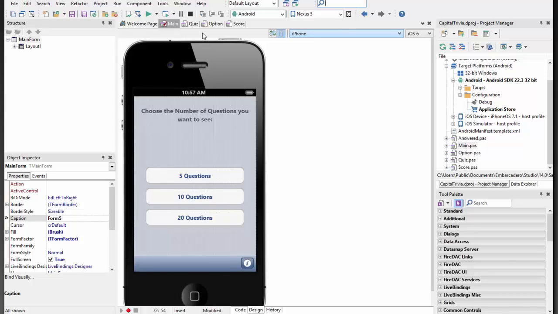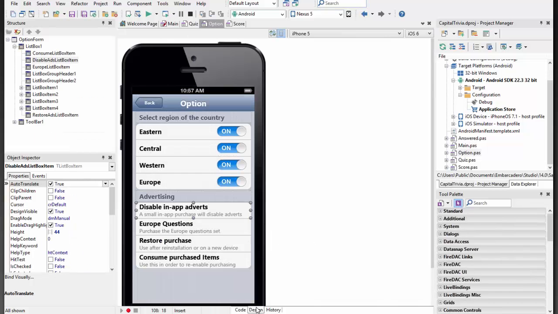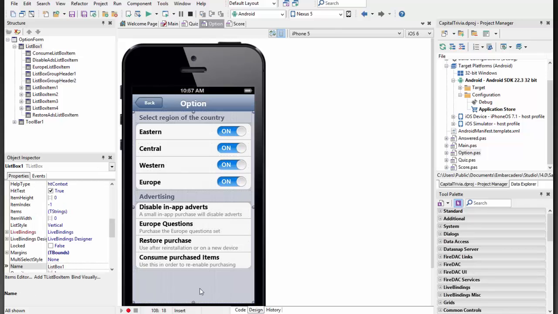So the way this works is they're on the option screen here. They can come in and they can make a purchase. So they can make a disable in-app adverts purchase, which would remove the ads. I don't think there's ads in here. I didn't see the ads. It could be because I didn't have ads set up when I ran it. But